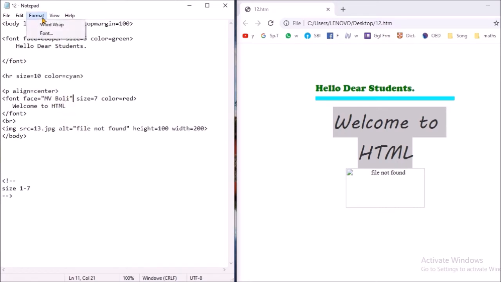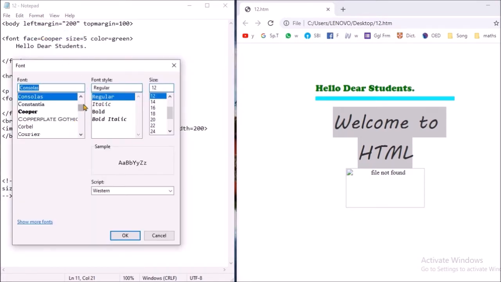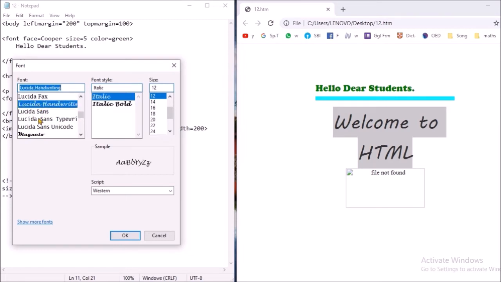So how I selected it? I went to format, font. Here are plenty of font faces. These are the font faces. It is also called font family. So any of the font faces you can choose. Lucida handwriting you can choose. I just copy it,